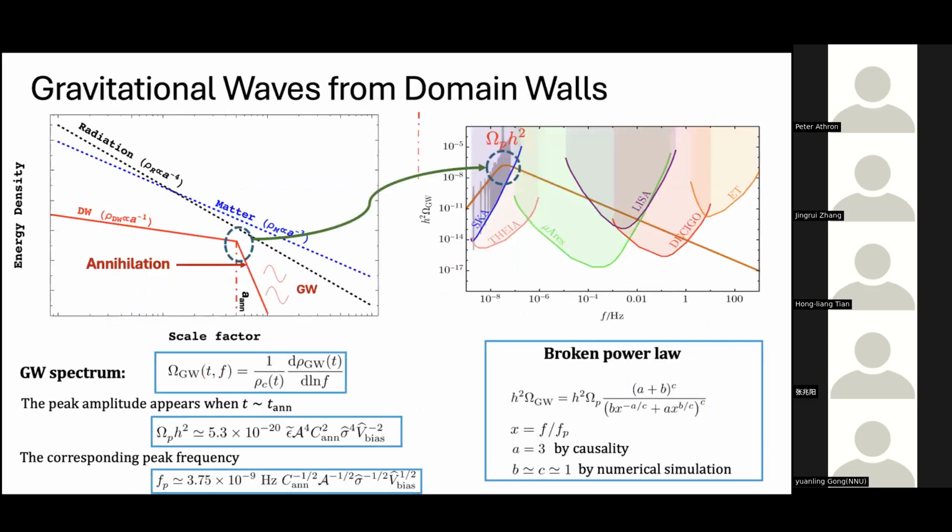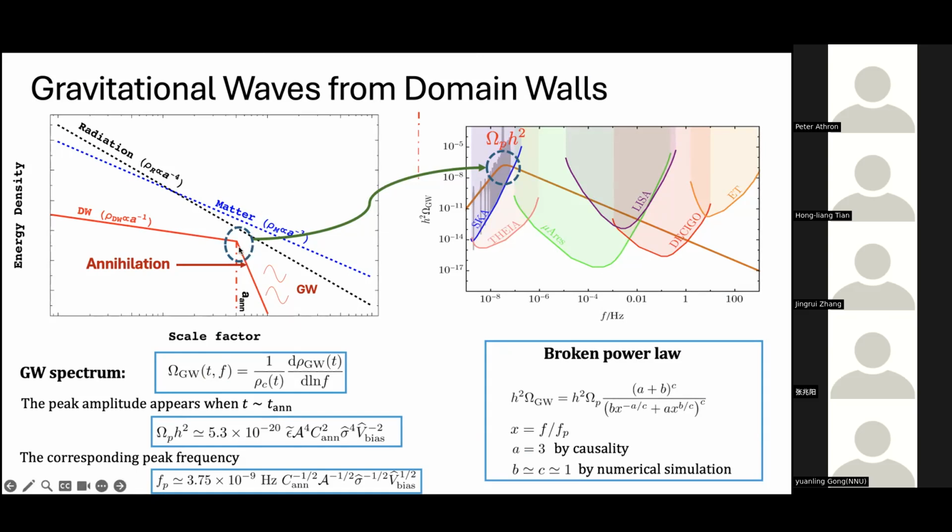Now let us see how it can generate gravitational waves. It can generate gravitational waves in the following manner. During the early phase of the domain wall, when the bias was created, its dynamics is changing. It is changing its shape. That's why it wobbles, and then it releases energy in the form of gravitational waves. If we look at the spectrum on the right, it's the left part from the peak. This rise is because of the gravitational wave generation from the wobbling of the domain wall.